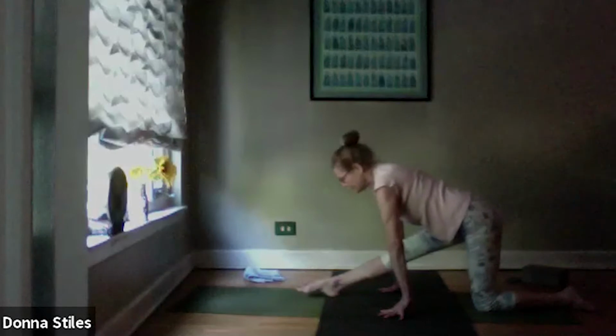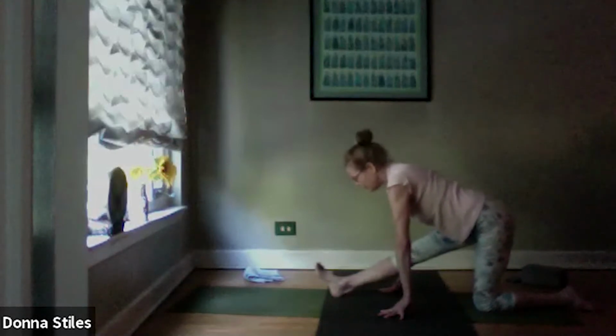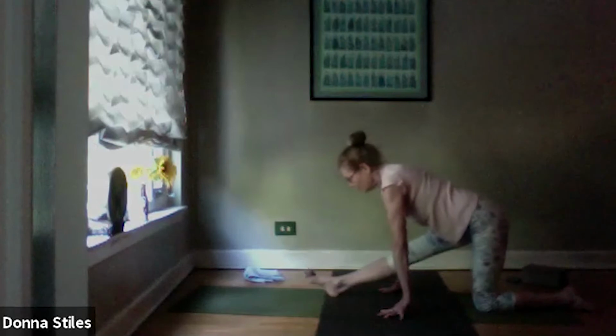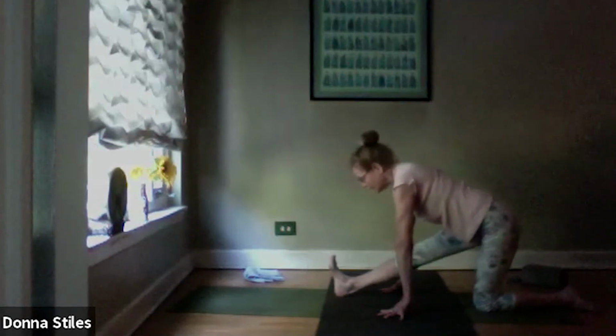Peel it down to the floor, and then just peel it right back. A couple more, peel it down. Keep enjoying the stretch, opening in the back of the right leg here. One more, peel down and back. Now draw the heel back a little so you can